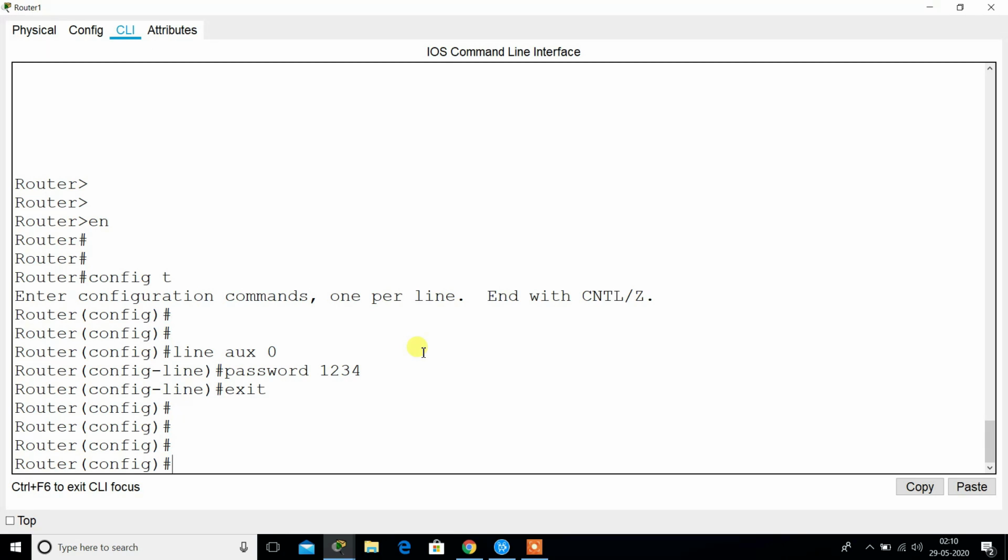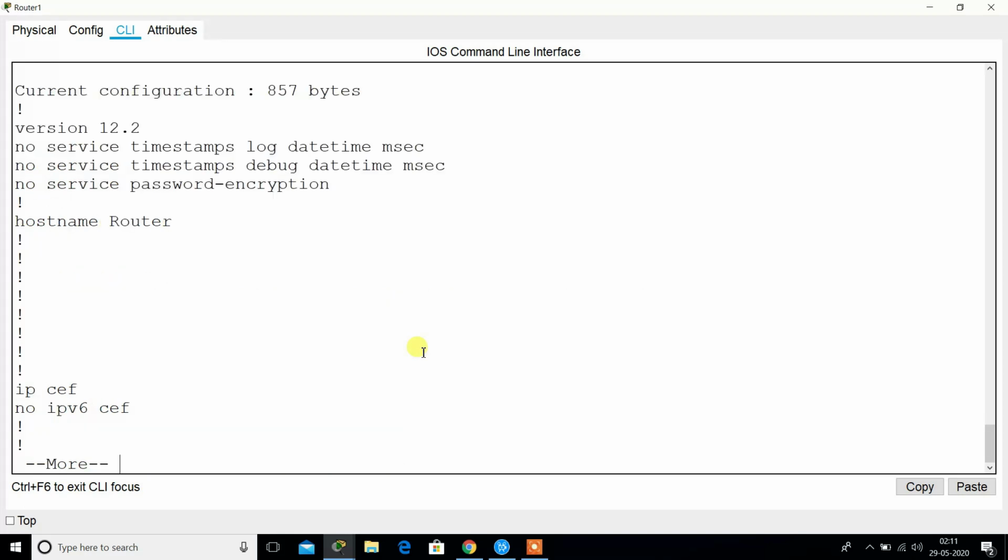For checking whether the password is applied or not, we will use the command do show running-config and press enter. We can see all the information here related to IP address and many more.